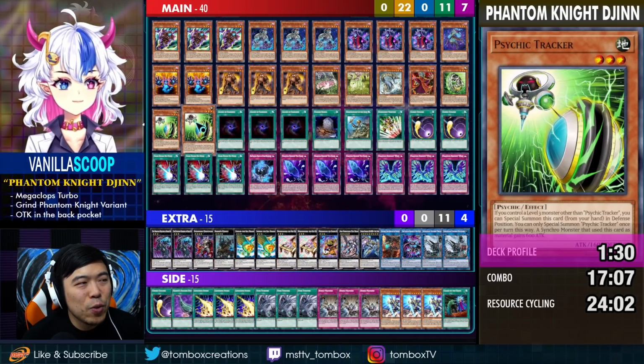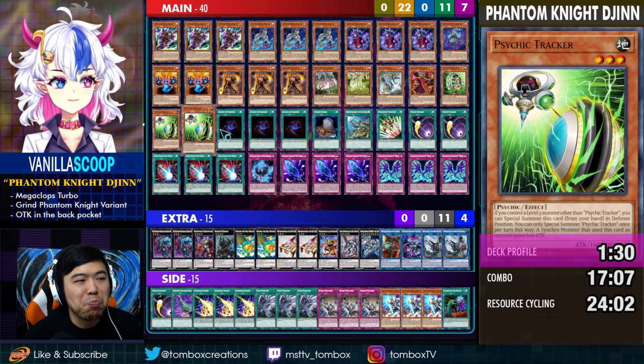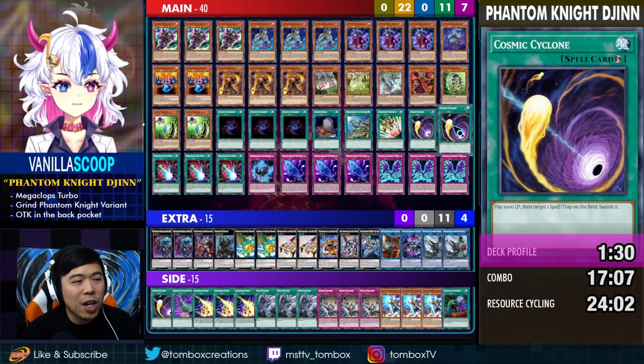Then there are 2 Psychic Trackers. You're not using the synchroing effect of this, so these are just extra free summons if you control level 3s. Okay, now for the spells: triple Allure of Darkness, a Foolish Burial, 1 Rhoda, Emergency Teleport, double Cosmic Cyclone